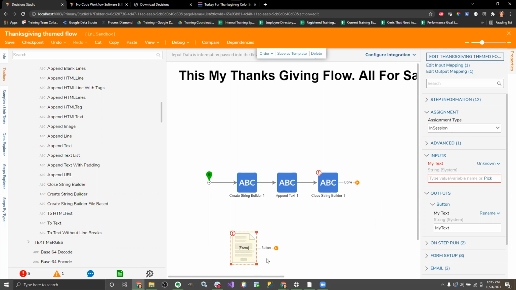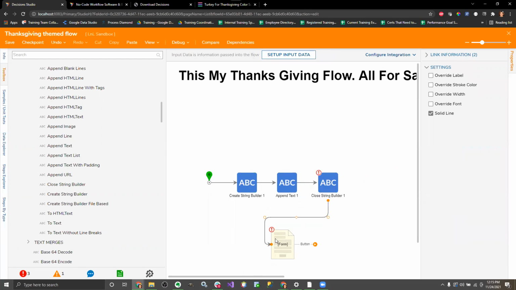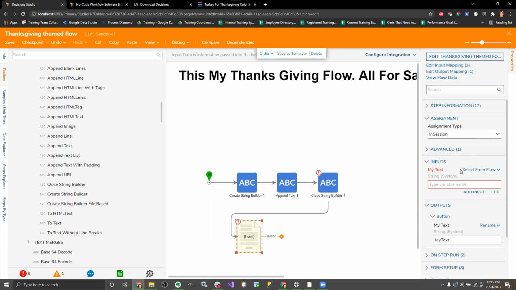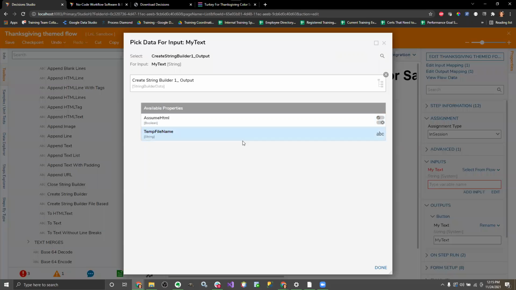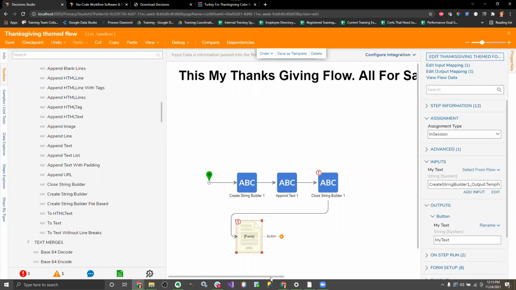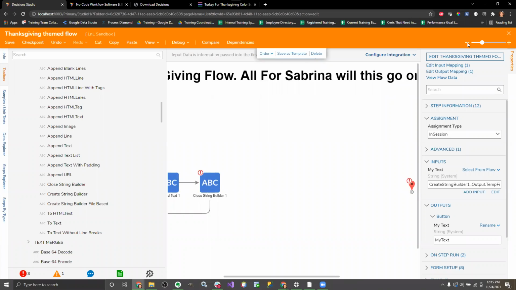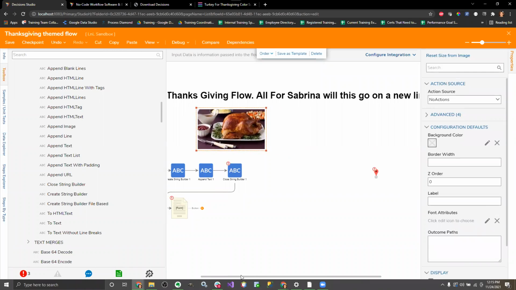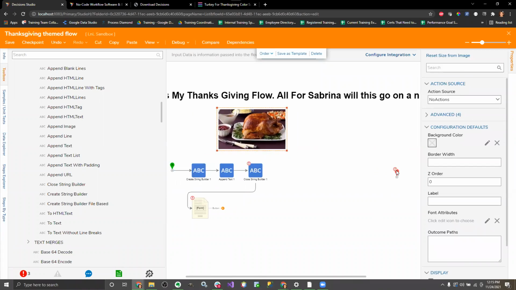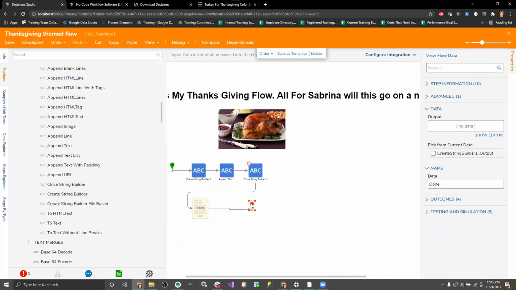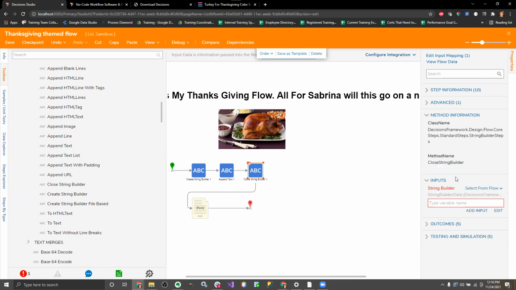The next thing I'm going to do is, now notice that when I attach this here, and I select from flow and select my text, I just have the string builder data output, and I just have these two fields of assume HTML and temp file name. So I can pass this in my flow. Let me zoom out a little bit so we can see my holiday flow. I'm going to move my end step closer. So when I pass this in here, let me make sure I select the string builder output. So when I pass this in my form,